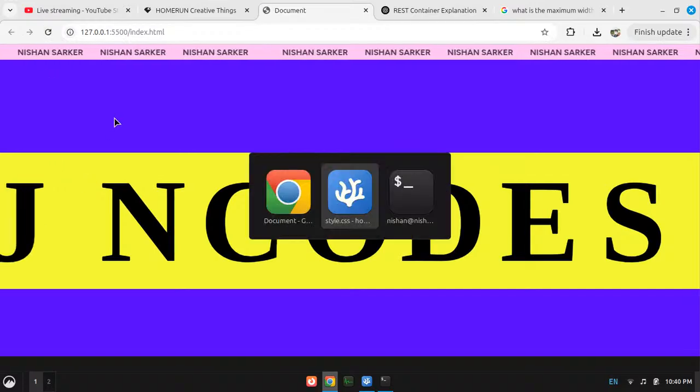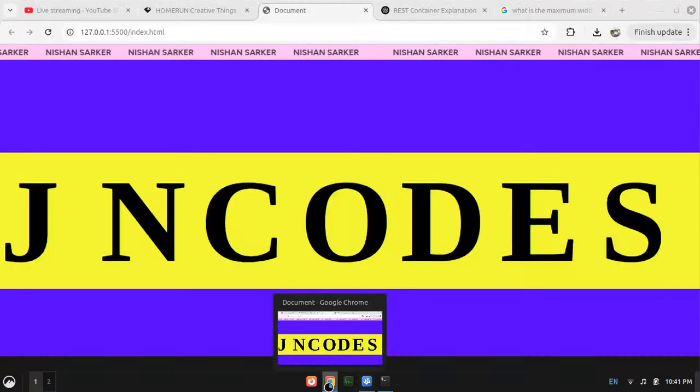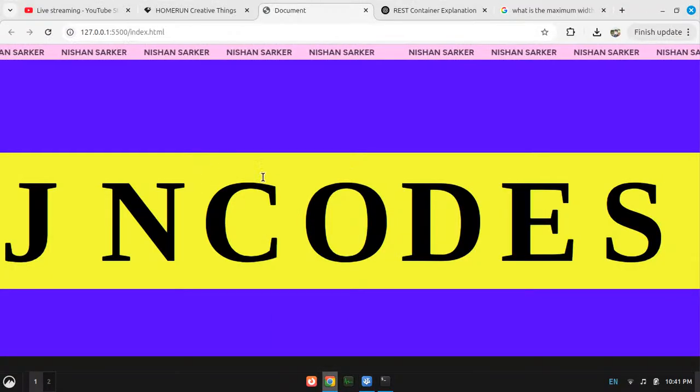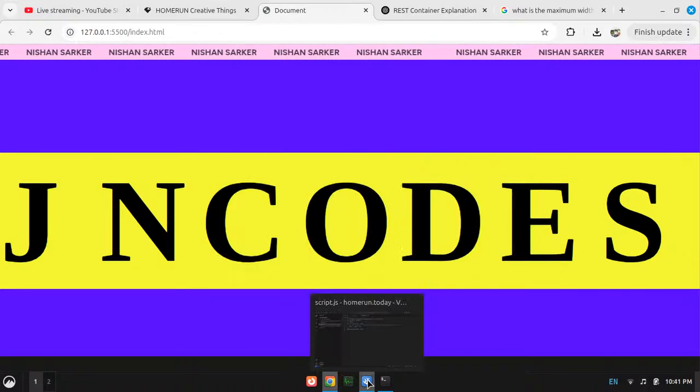But what I need to do is trigger the hover when it is actually on the text wrapper div, right? I accidentally fired up the system monitor. However, I need to trigger the event when the wrapper div is hovered. So I need to add some classes to the wrapper divs as well.